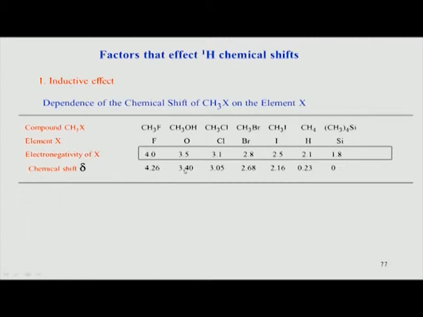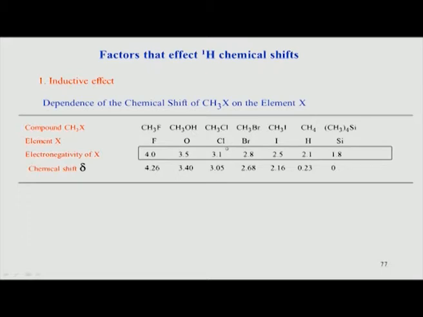Okay. If you go to oxygen, the next most electronegative in the series, you can see that again oxygen pulls the electron density away from the CH3. We are all looking at CH3 and not at OH. So, the CH3 hydrogen atom becomes deshielded because of the electronegative nature of oxygen, and that comes at a ppm value of around 3.4. So, you can see that as the electronegativity decreases, the chemical shift also decreases. This goes hand in hand with our idea that the inductive effect arises from the electronegative nature.